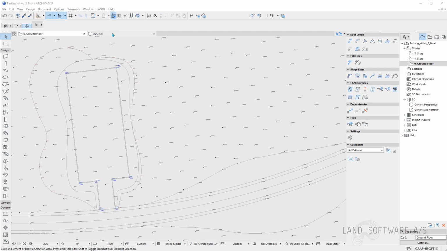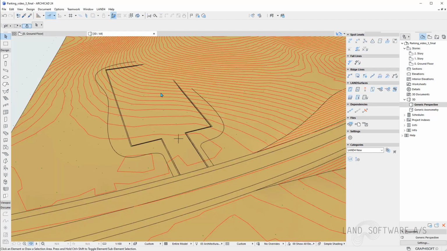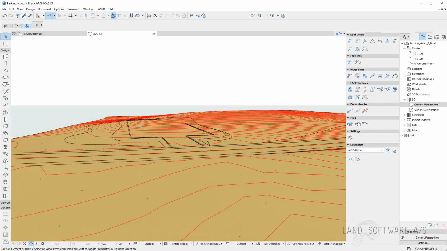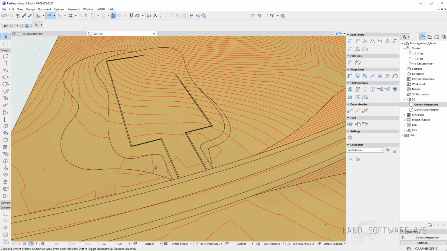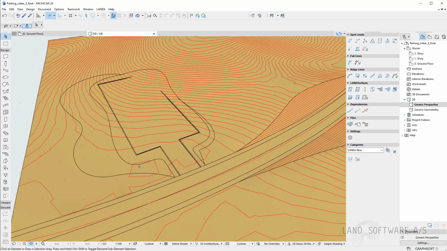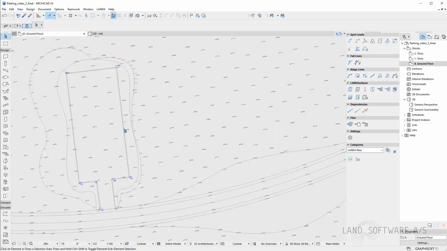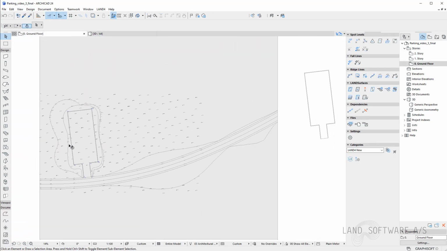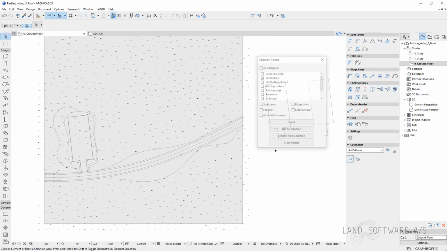I'm now done creating the ridge slopes, and we can see them already in the 3D view. And now I can continue and copy again all the objects from the existing category into the new category.